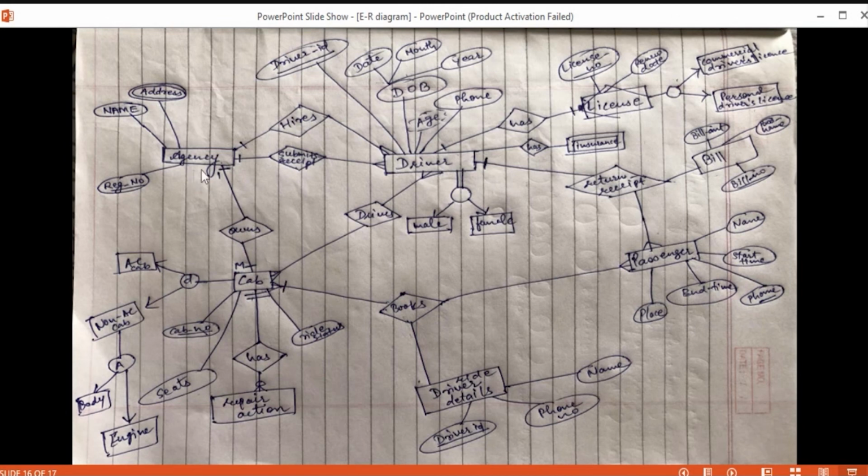Starting with another thing: in crow's foot notation, we are going to have the entity as the first rectangle, and after that we have all those attributes in the second compartment. After the entity name, agency, all those attributes are written here in the crow's foot notation. And in chain notation, we are going to have it this way: agency, and then these attributes are written in.